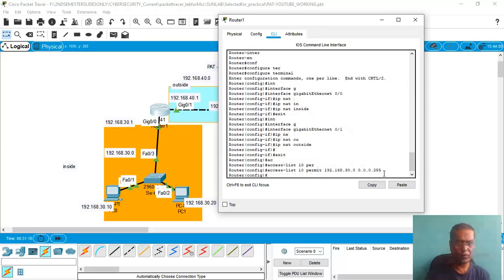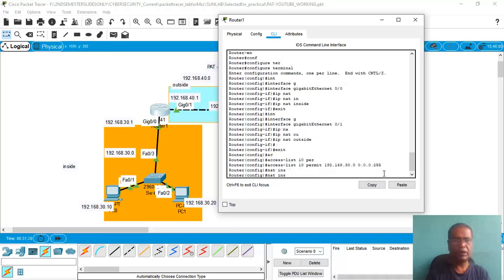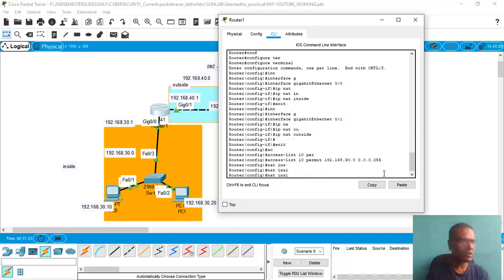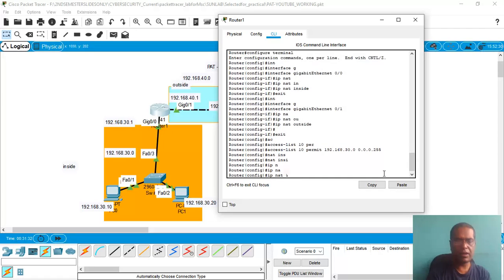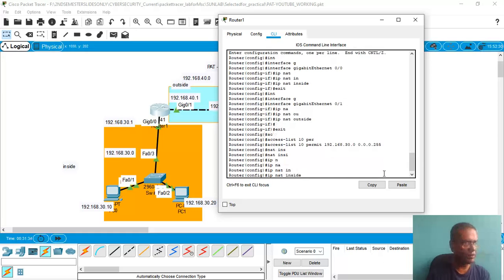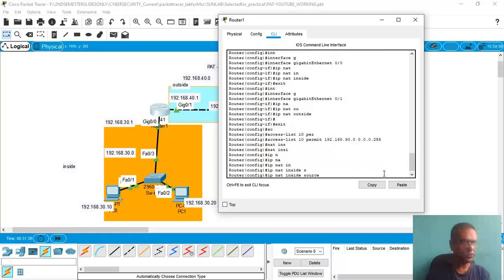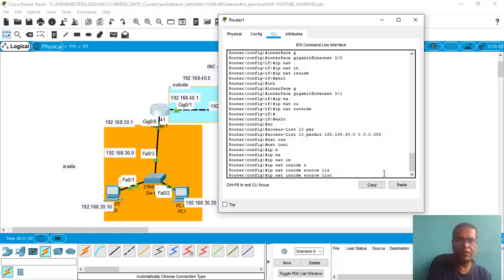So next is NAT inside, IP NAT inside source list 10.